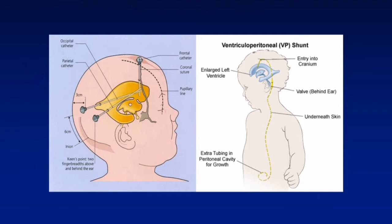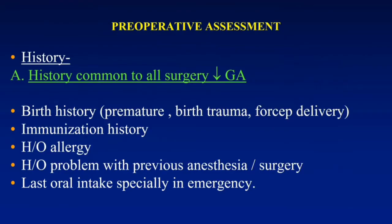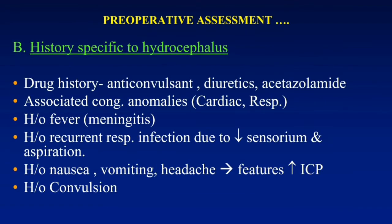Now, coming to the pre-op assessment of a patient posted for VP shunt, history will include history that is common to all surgery under general anesthesia, which will include the birth history, like whether the baby was premature or not, were there any birth trauma, was it a case of forceps delivery, or immunization history, history of allergy, history of problem with previous anesthesia or surgery, if any, and then last oral intake, especially in emergency procedures. And we would also ask something about the hydrocephalus,